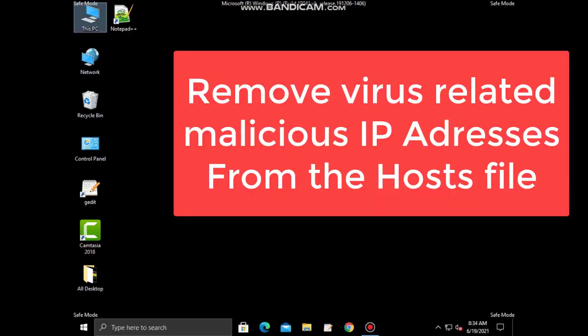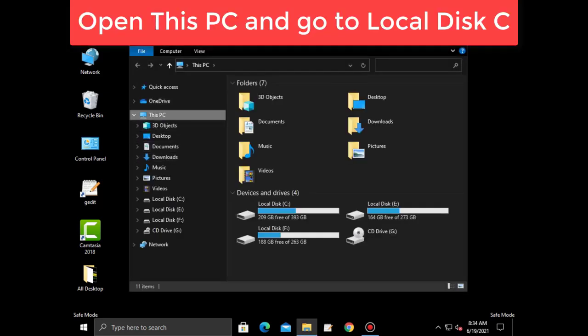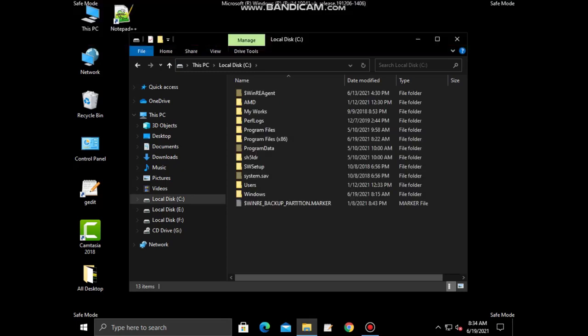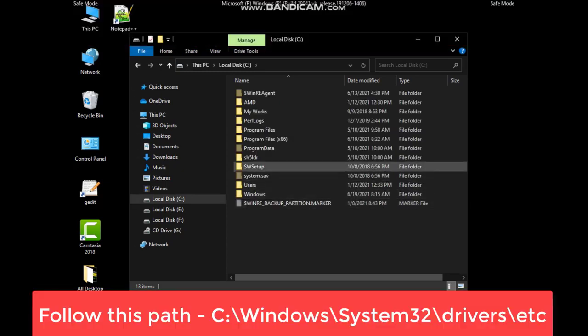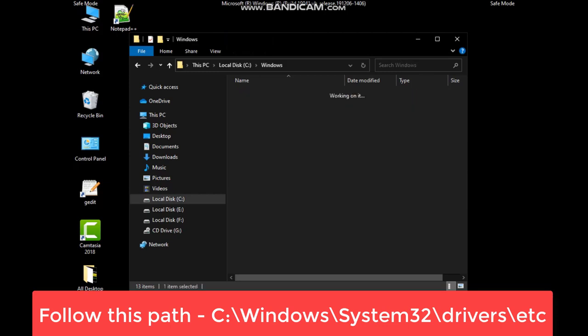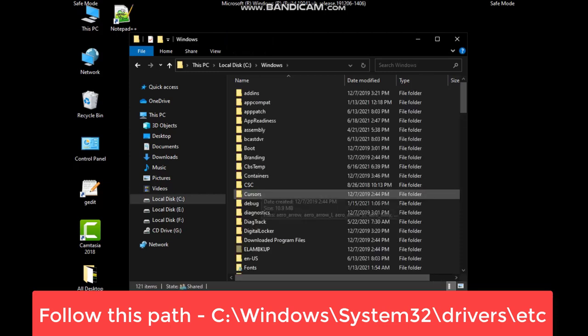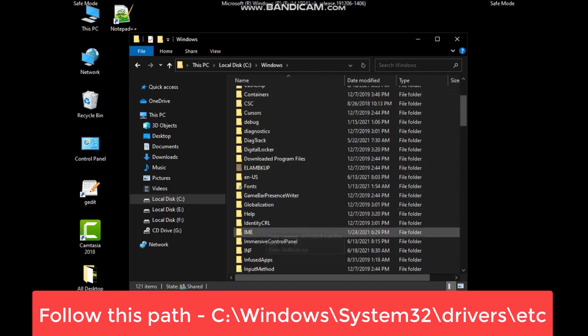Now we are going to remove any virus related malicious IP addresses from your system. In This PC, go to C drive, then Windows, System32, drivers and etc. Follow this path and you will find the hosts file of your computer.